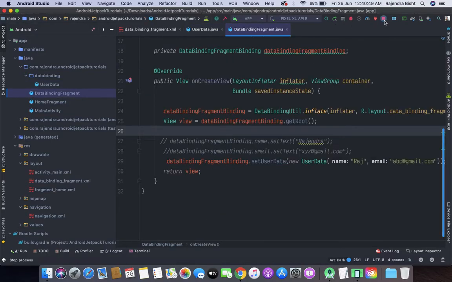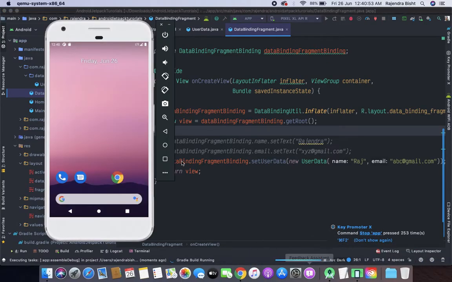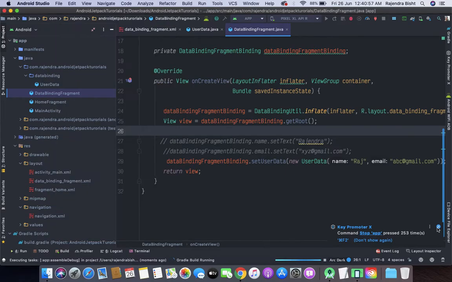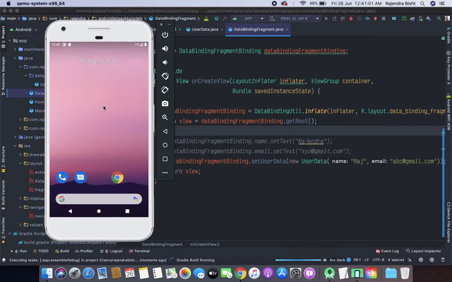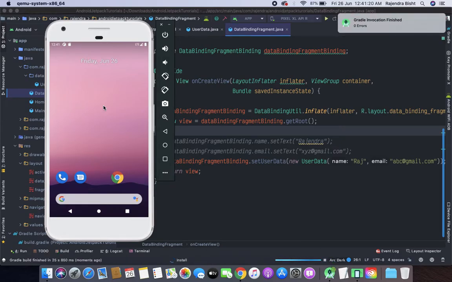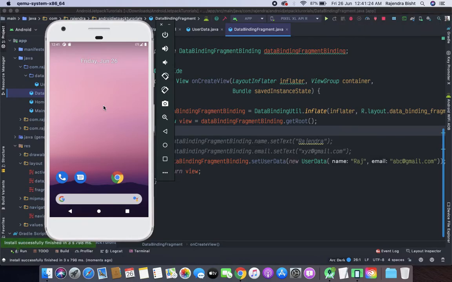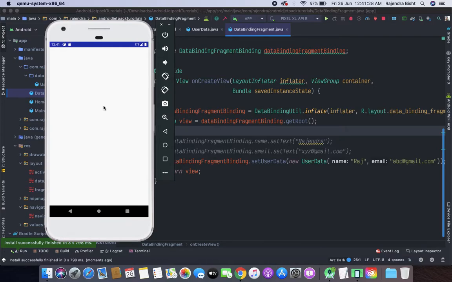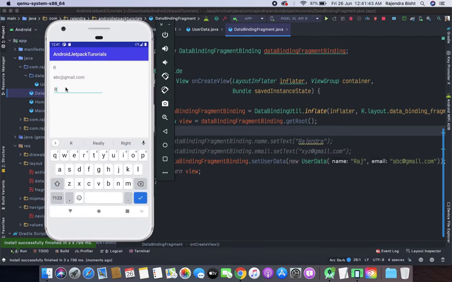So let's run this app. When we type anything in the edit text, you can see the live example.